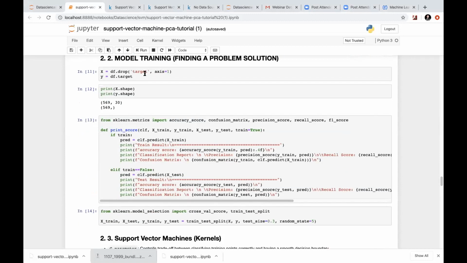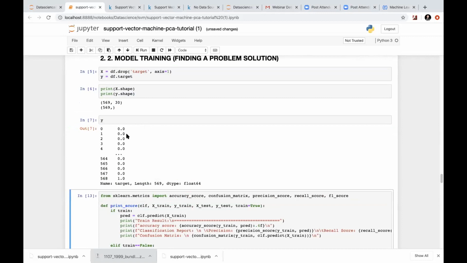Now what is happening here is we are dropping the target variable from the features and assigning the target to a separate variable. If you know the basics of data preparation, what I am doing is taking features in one variable and target in another variable, and you can see the shape of the features. Now my features are 30 and I have one target variable which has zeros and ones. If I run this and print this y, you can see it is composed of zeros and ones.